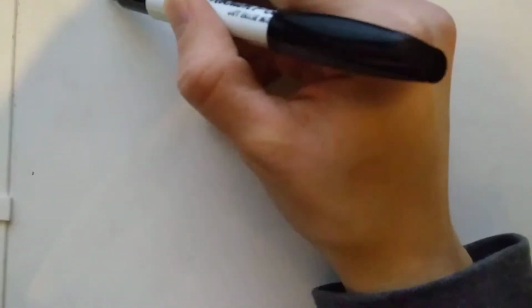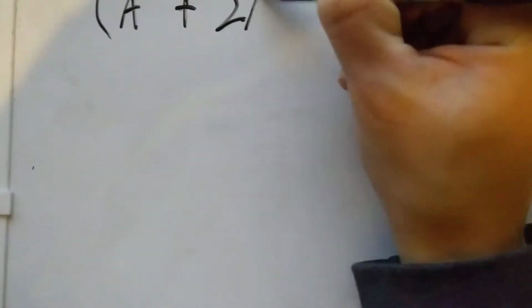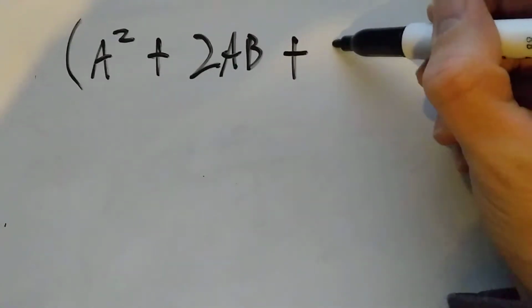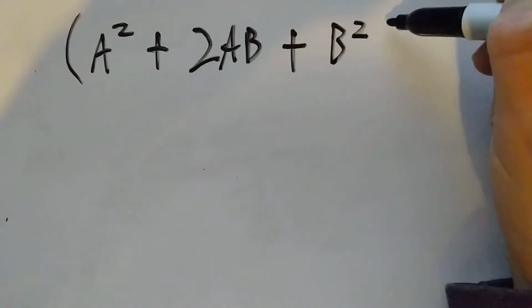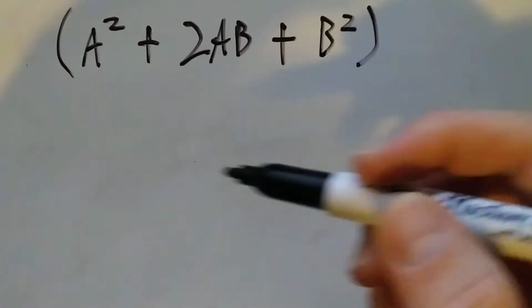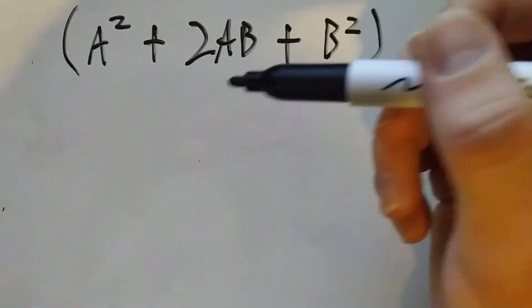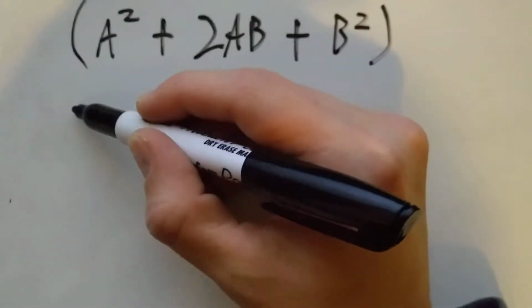Alright, so today I'm going to show you how to factor a trinomial with two variables. And these equations take the form of a squared plus 2ab plus b squared. So an example of an equation like this would be